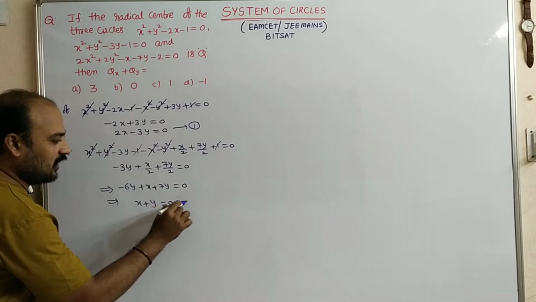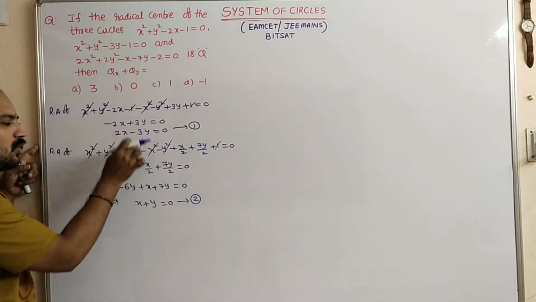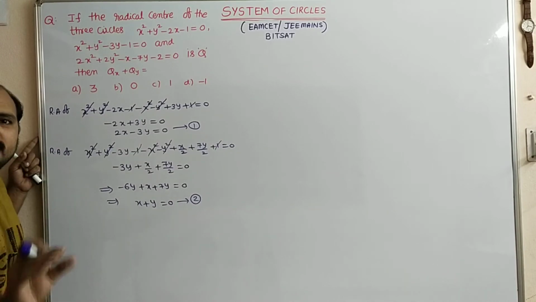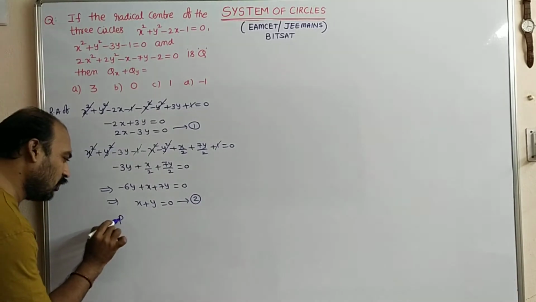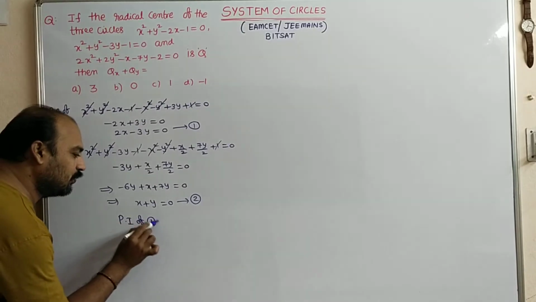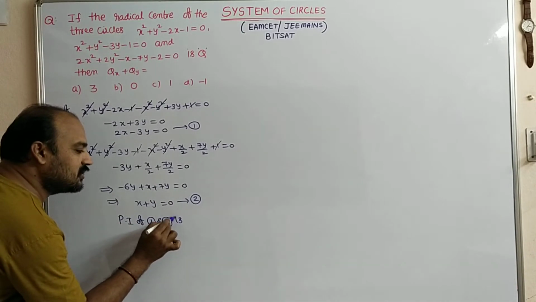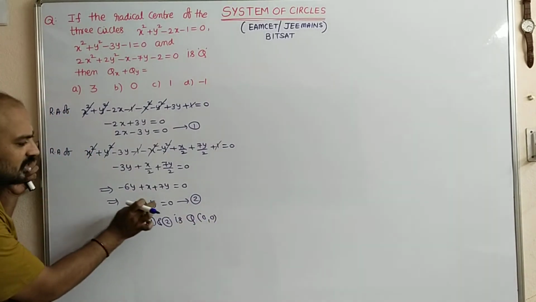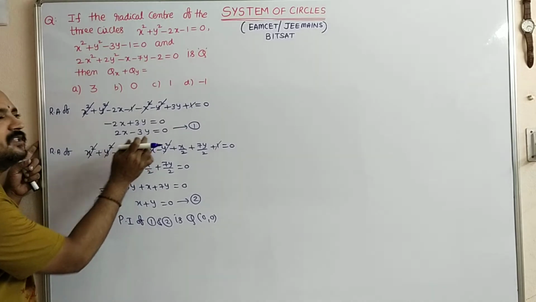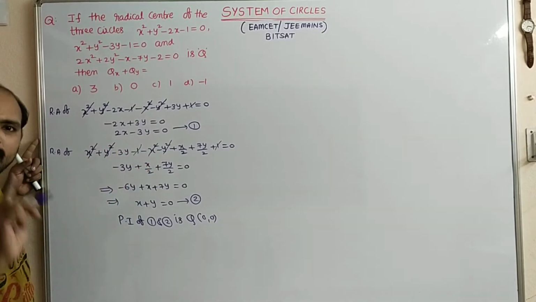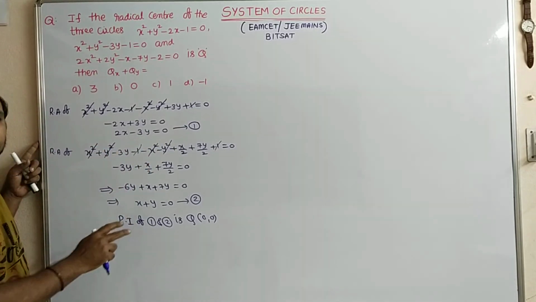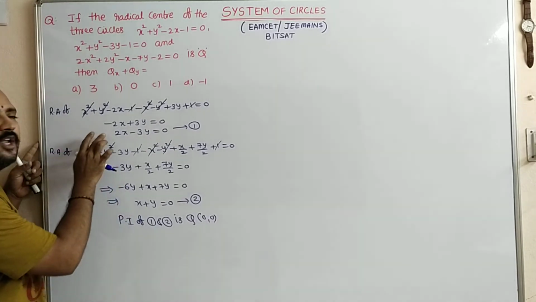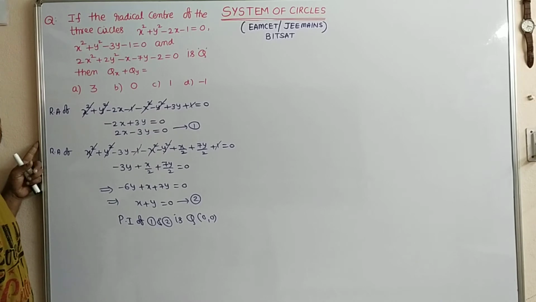By observing equation 1 and equation 2, these two lines do not contain a constant, which represents that both equations are passing through the origin. Therefore, the point of intersection of 1 and 2 is obviously the origin, Q of (0, 0). Sir, how are we saying that it is (0, 0)? In this equation, the constant is not available. In this equation also, the constant is not available. You remember that in both equations, while solving, constant terms are not there. Obviously, passing through the origin.